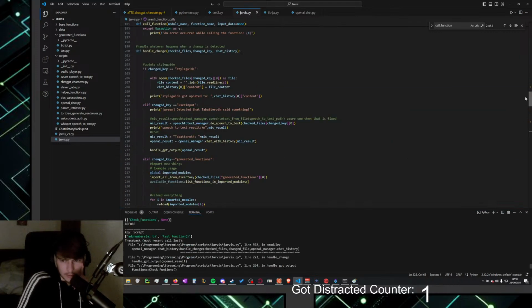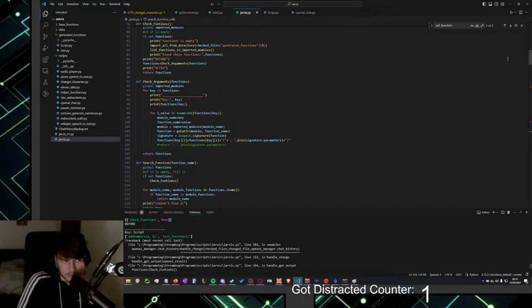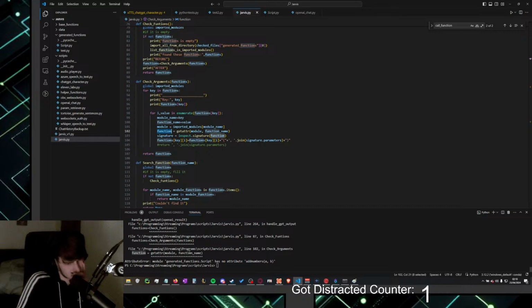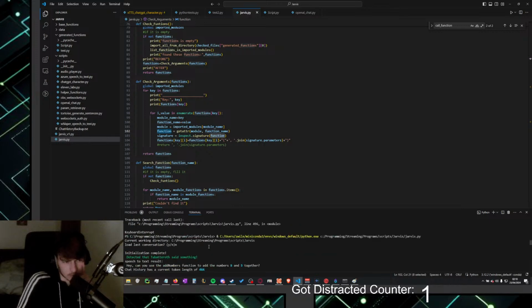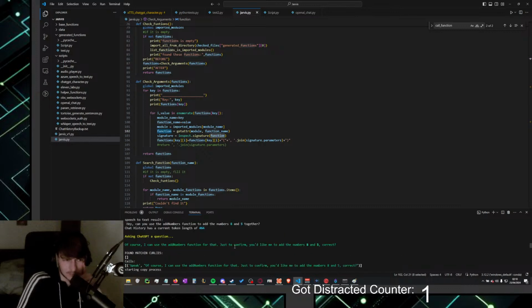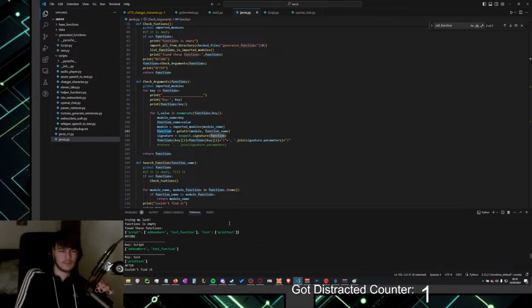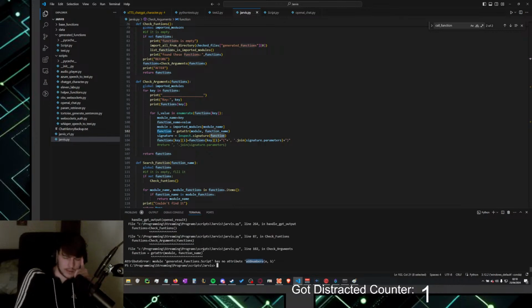Wait, this makes no sense. Oh, did it recheck and then... I think what might have happened there is that it checked twice, and the second time there was the bracket thing, which is a problem.